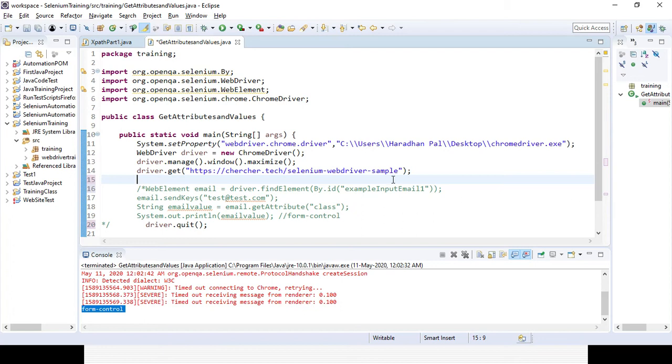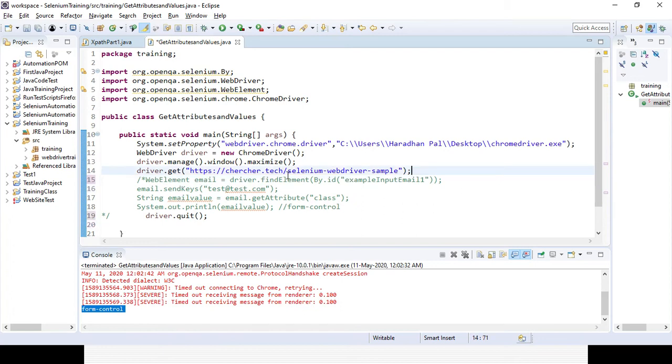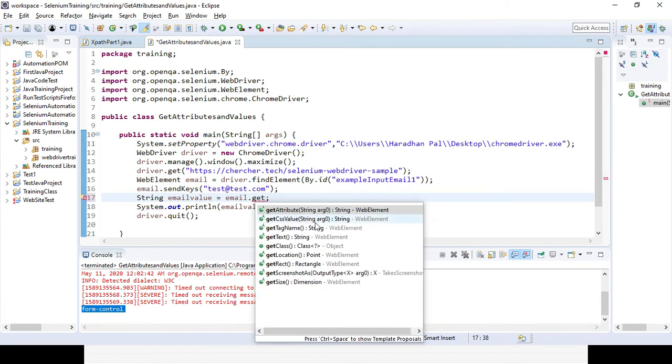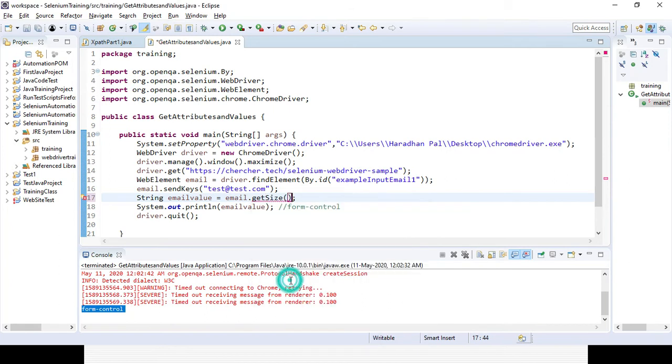So let's first identify this element. Then I am passing the value. Then with the help of the email element I already created, I am just getting the size. You need to use the getSize method: email.getSize.